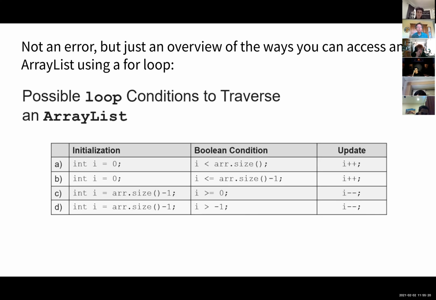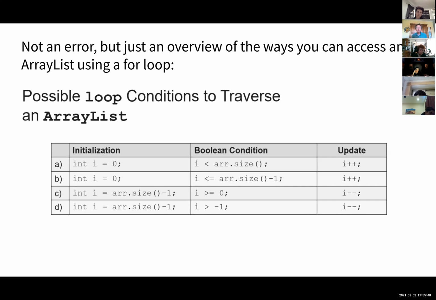So, with a for loop, you can say, hey, if I start with i equals 0 and keep going as long as i is less than array.size, and go up by 1. Or you could start at 0 and then say less than or equal to array.size minus 1. That works also. And then if you're trying to go down from the end of an array list to the beginning,